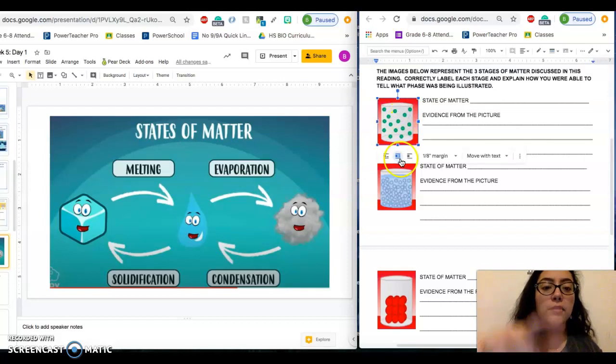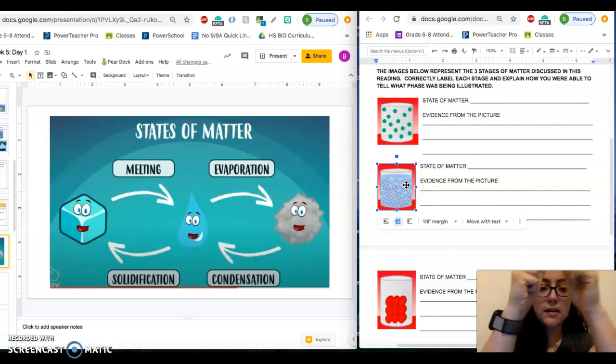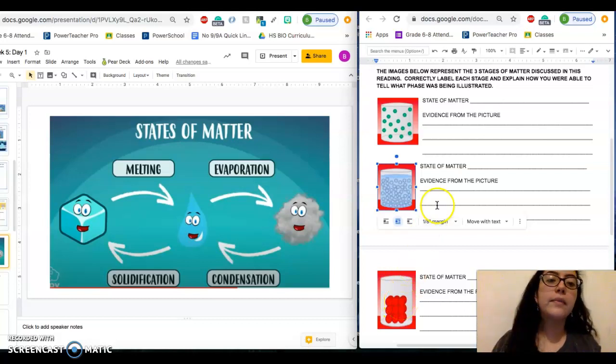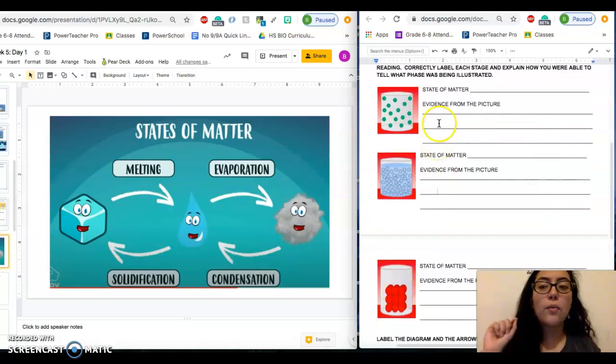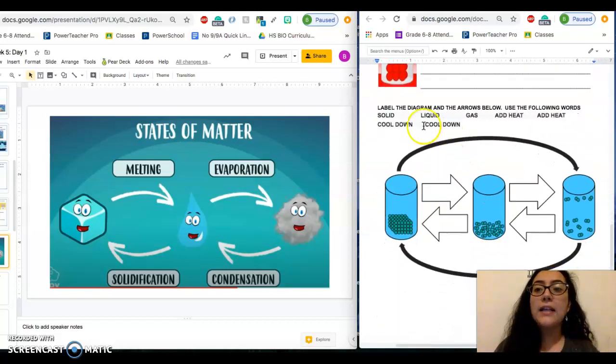Looking at the atoms of the 4 images, we have one that's going crazy, one that's kind of loose because you see little gaps, and others that are really tight together. Looking at those images, what stage of matter has particles going crazy? What stage of matter has particles that are loosely packed? And then the last part, you're going to tell me what stage of matter is this? How does it become this? And how does it lead